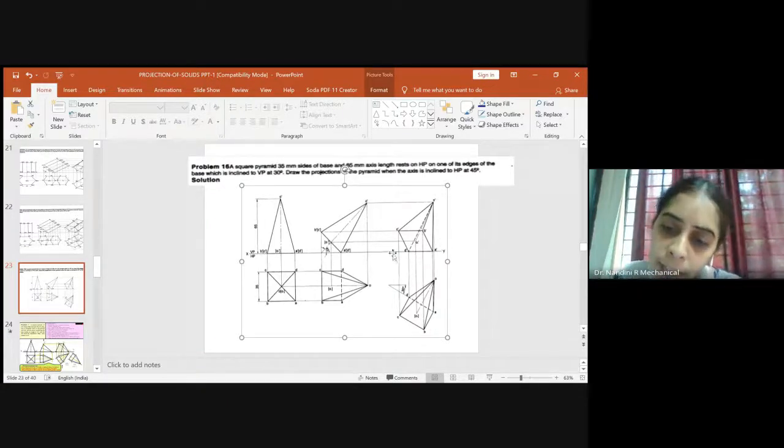So after this, when the observer views from here, the base surface will be visible. So out of that, we have joined the two surfaces. The other two surfaces have to be joined. So you will join with a dark pencil C dash to B dash and B dash to A dash. Right? So after that,